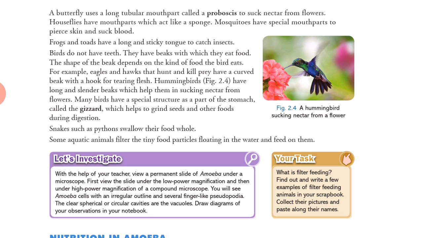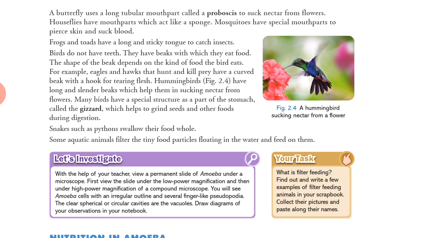Birds do not have teeth. They have a beak with which they eat food. The shape of the beak depends on the kinds of food the bird eats. For example, eagles and hawks that hunt and kill prey have a curved beak with a hook for tearing flesh. Hummingbirds, you can see in figure 2.4, have long and cylindrical beaks which help them in sucking nectar from the